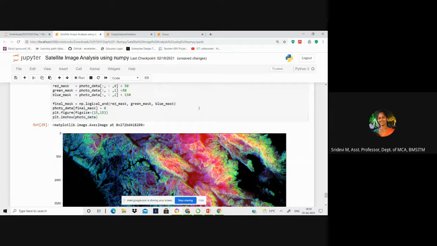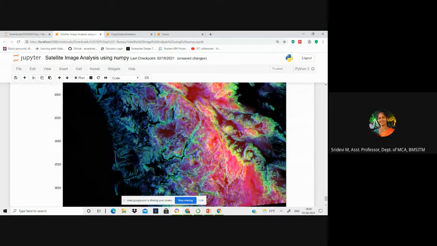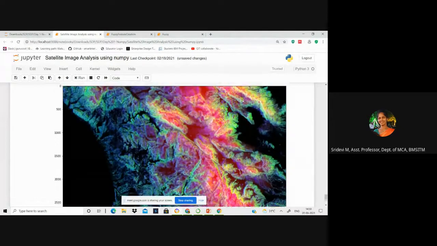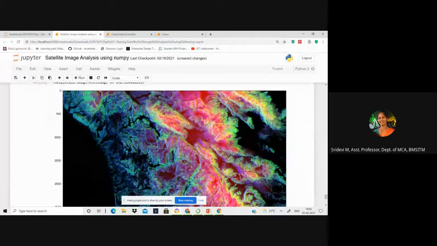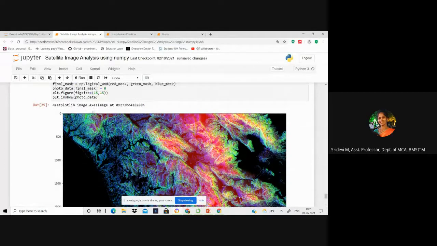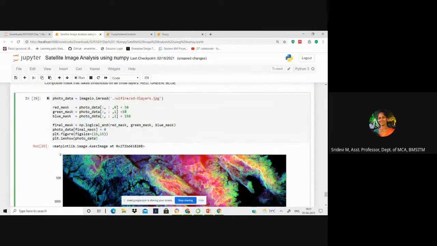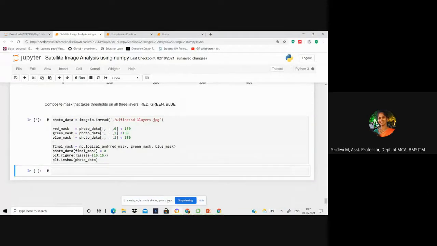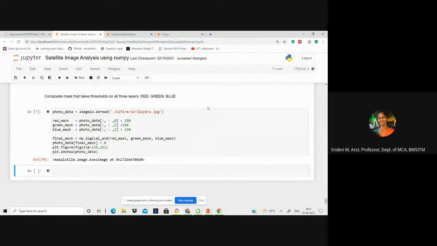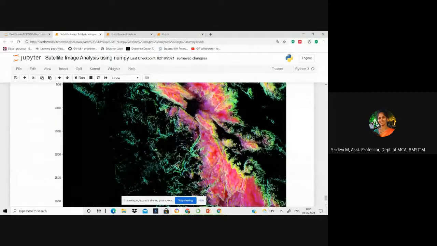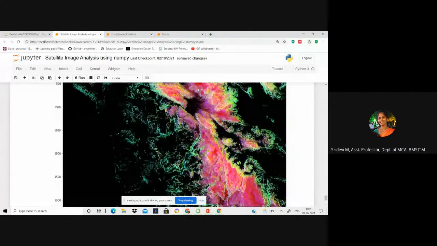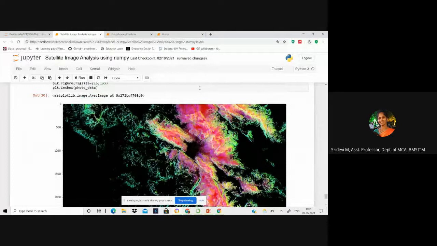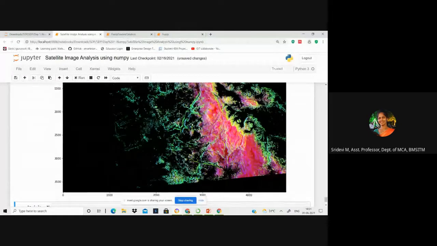See, all the filters applied at a time, you can see only high intensity blue values, but moderate intensities of red and green are also displayed. Now here, if you make all of them 150 and re-execute this again, you can see only high intensities are displayed, not even moderate intensities. Okay, this is how you perform image analysis.